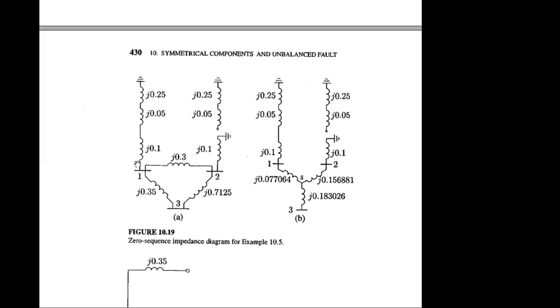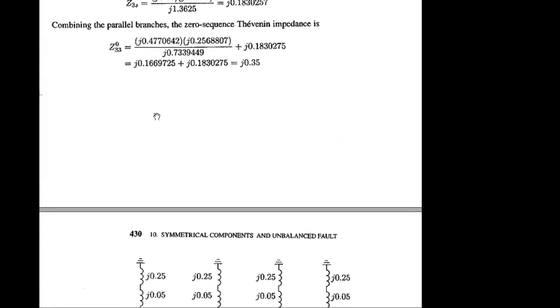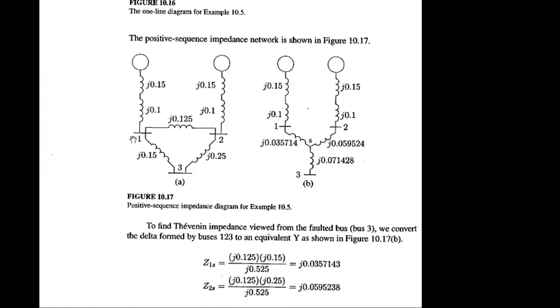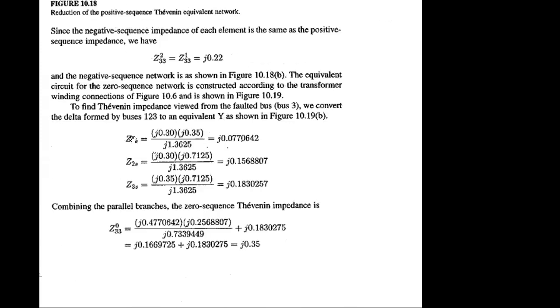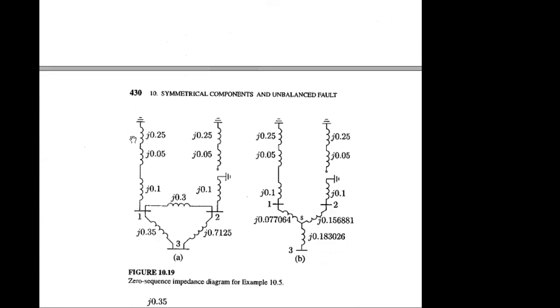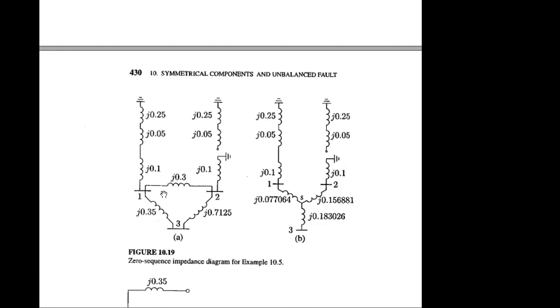So when you have drawn this configuration, like the earlier one, now you can put the information. Actually, you can find the Thevenin equivalent impedance across bus 3. And how can you do that? When you make the calculation, you have to consider this path. First of all, you have to shift that delta, inner delta, right? To its equivalent Y. Then